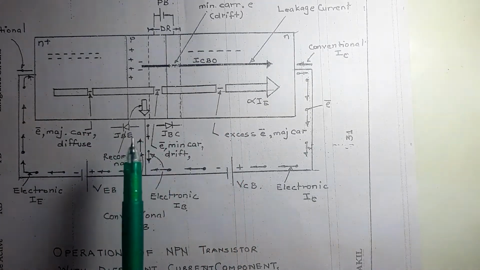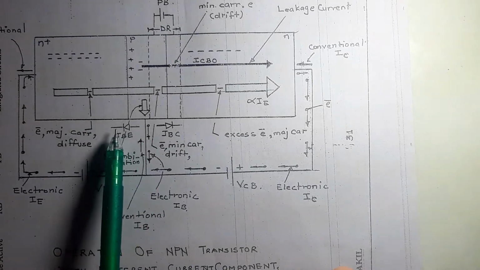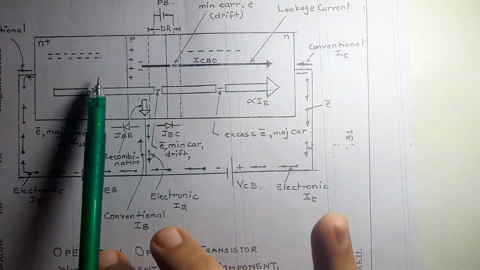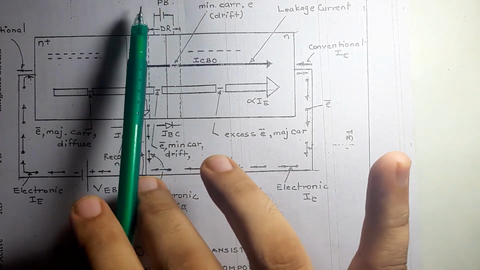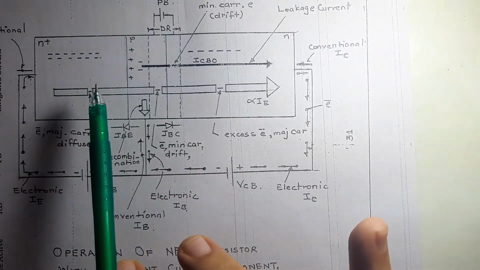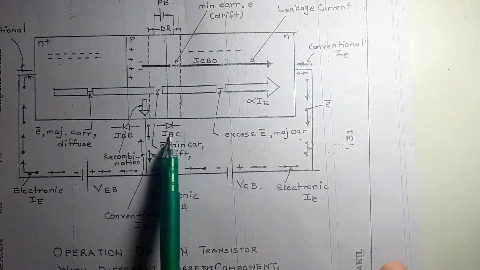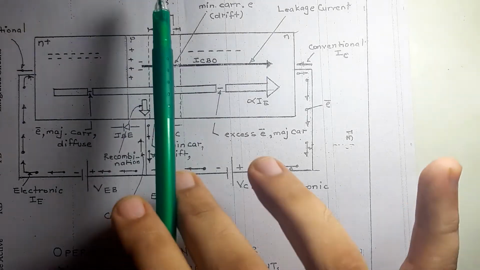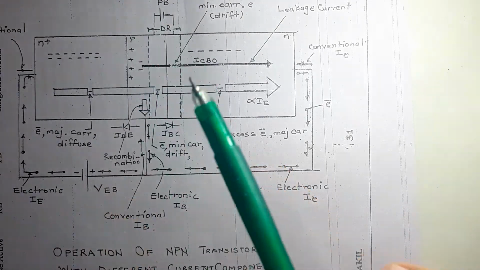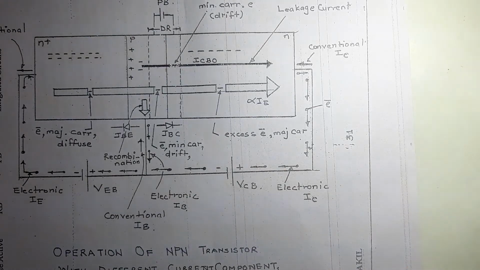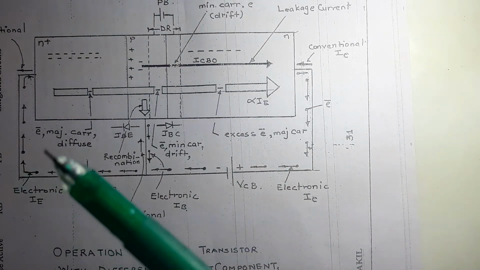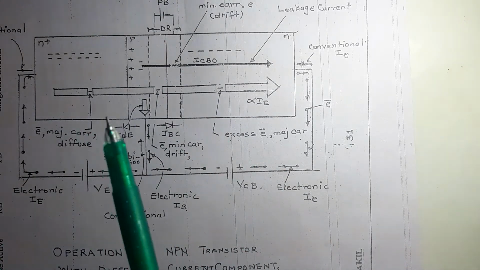Now since JBE over here is forward biased, the depletion region and potential barrier across it will be negligible, and due to reverse biasing of JBC over here, the width of the depletion region and height of the potential barrier is large. We did have a video on PN junctions being reverse and forward biased. If not, please do view it once again, bacha.